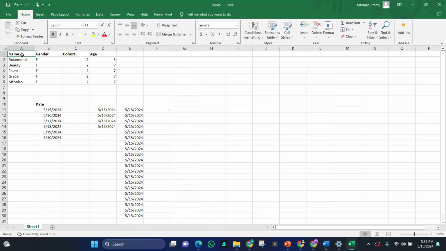Then talking about filtering, like I said, filtering is selecting. It's like you're selecting what you want and what you do not want. You might be given a large amount of data, and then they say, I need to know the number of people working, only the managers. So you know that you need to filter based on managers.